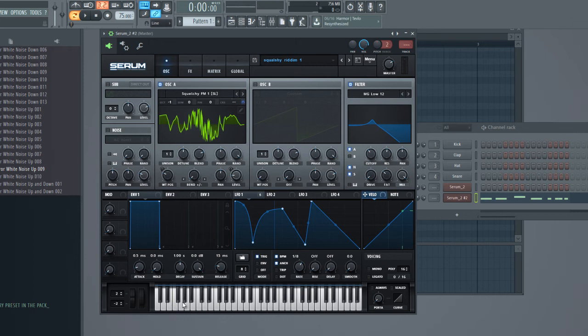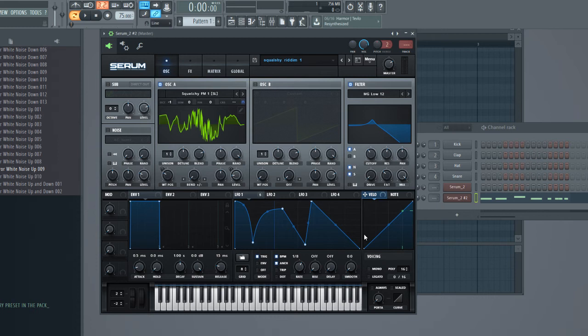So yeah, that's how it sounds, and it's more like a riddim kind of bass. But learning the concepts will be awesome, and I call it squalshy riddim, and I might include it in my preset pack that I'm currently making. Everyone that follows my YouTube will be able to get access to the preset pack